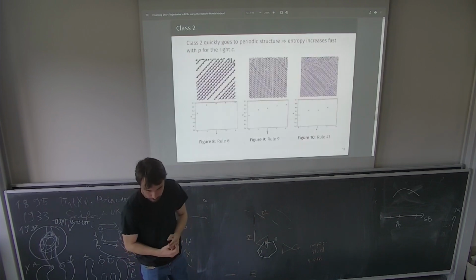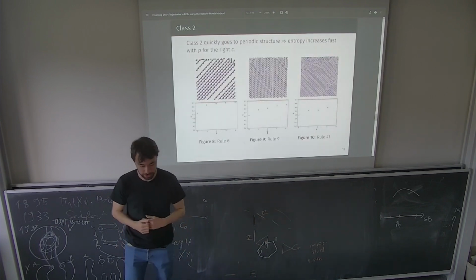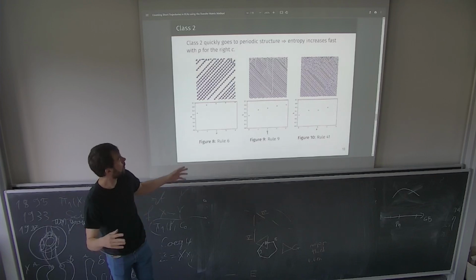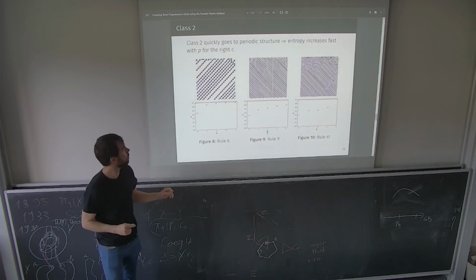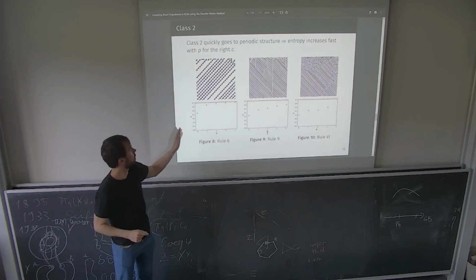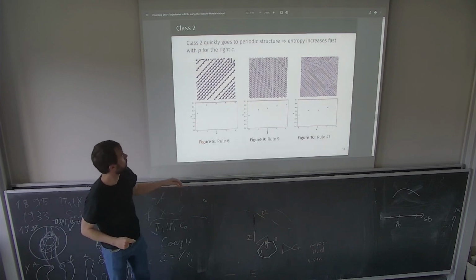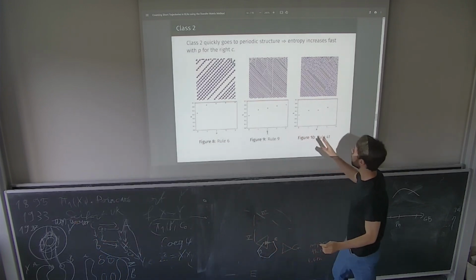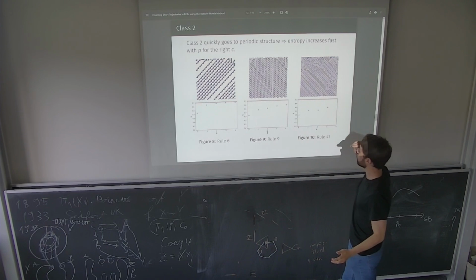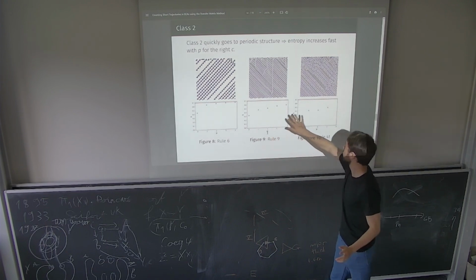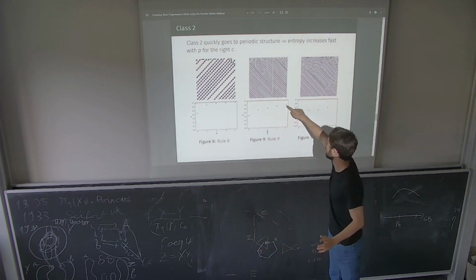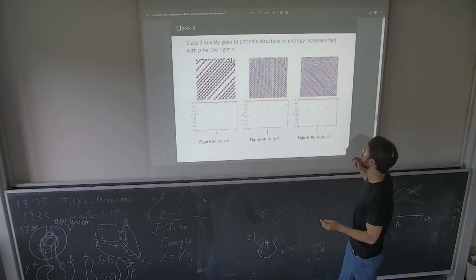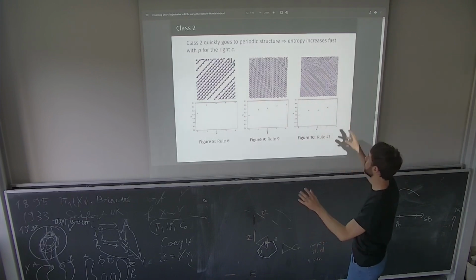Okay, so for class 2, I found a bit more variety in what happens. There is an easy case like this where the entropy goes very fast to the maximum entropy. And then we have some rules like these two where we see some structure appear. The entropy still seems to increase, but more slowly. So that kind of indicates when there will be